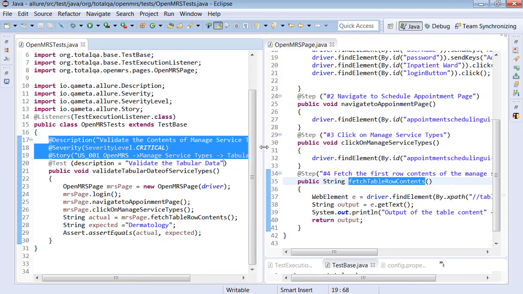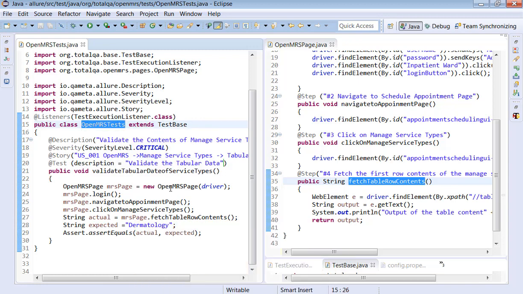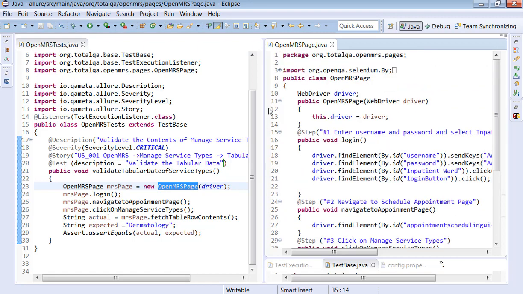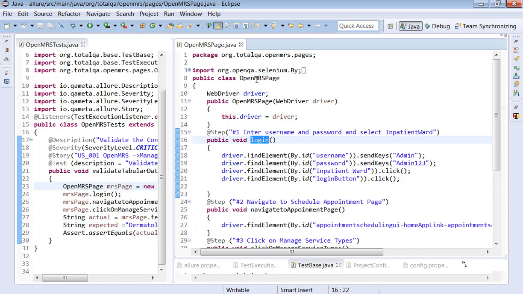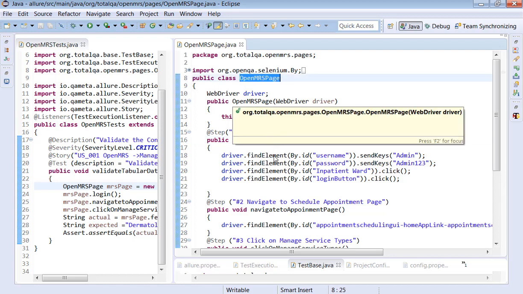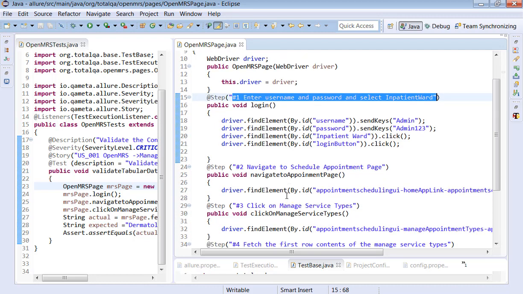Then after that, just come to the page object class, because OpenMRS test is trying to invoke the functions of OpenMRS page. In the OpenMRS page, every method in the OpenMRS page, it's a page object class. Every method in the page object class should be having @step and the description of the step.